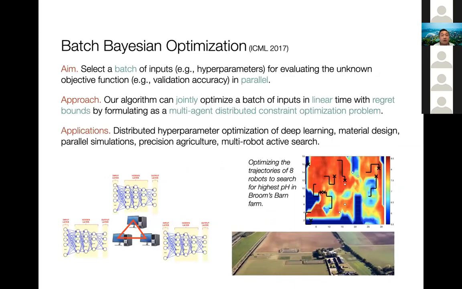Now the second one is what we call batch Bayesian optimization. We have published that in ICML 2017, with my former undergrad student. What's interesting is that from the previous setup, every time I try to obtain a validation accuracy point, it's done one sample per iteration. Now, on the other hand, suppose you're doing hyperparameter optimization again, but you have multiple servers to help you. Could I have asked each of these servers to help me with a certain hyperparameter configuration to determine the validation